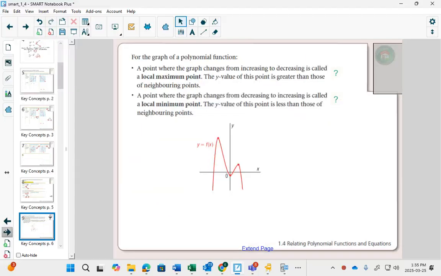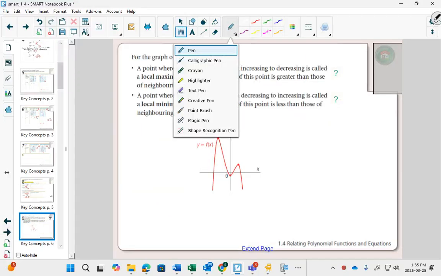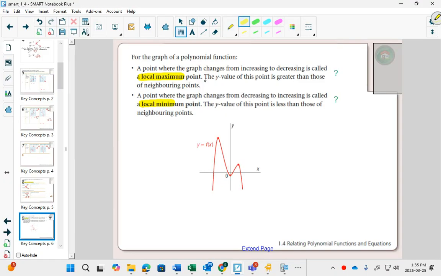And one last thing to highlight before we get to example 1. Sometimes we say graphs have local minimums or local maximums. This point right here is a local maximum, and technically in this graph, it's the absolute maximum. It's the highest that graph ever gets. But we still call them local maximums, and the idea is if you drew a circle around them, it's the biggest in that circle. If you just take your neighbors that are close to you,